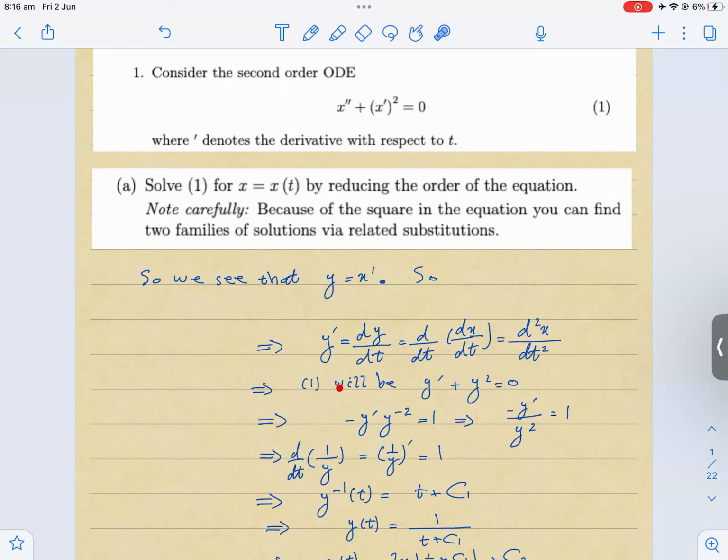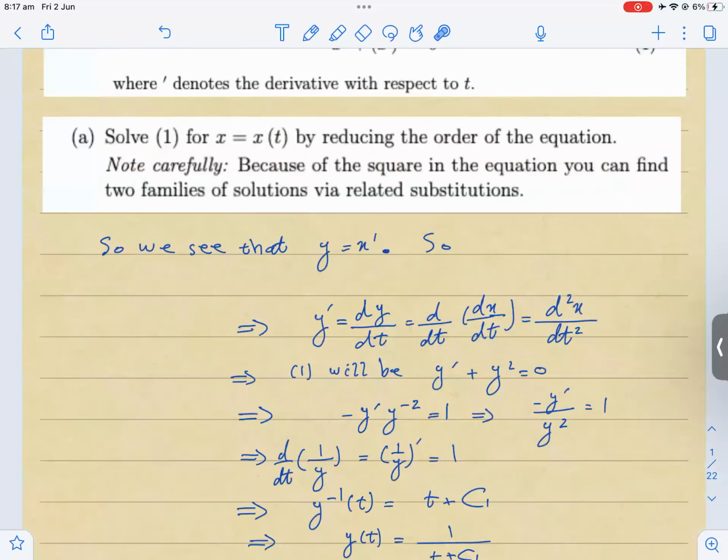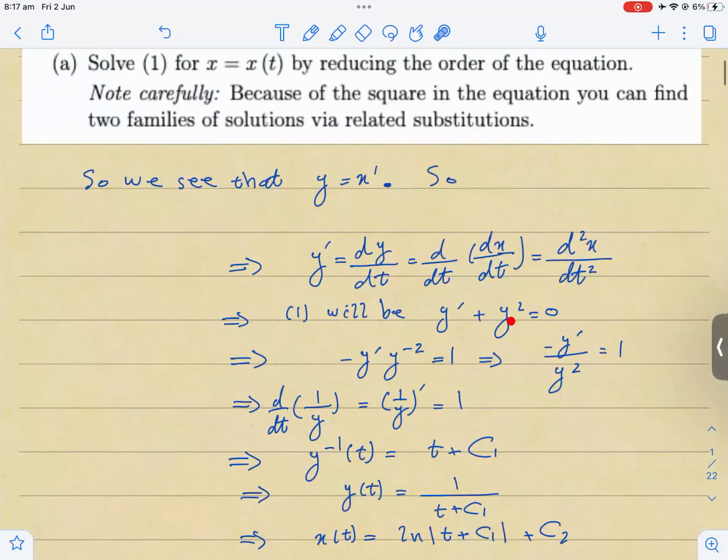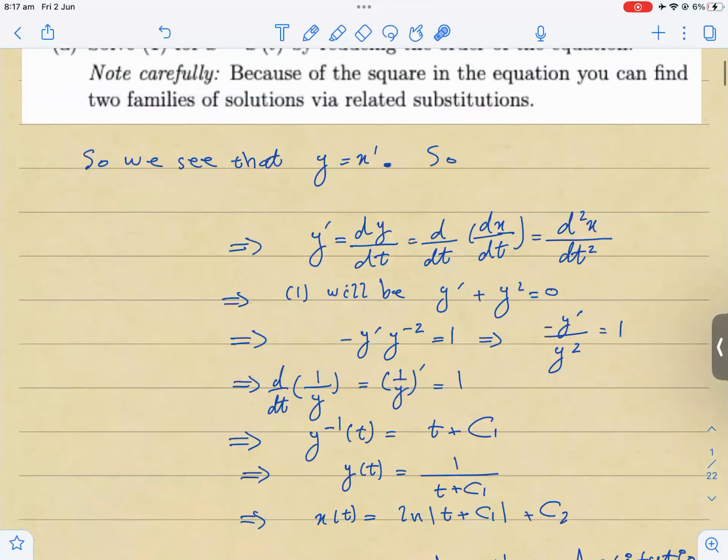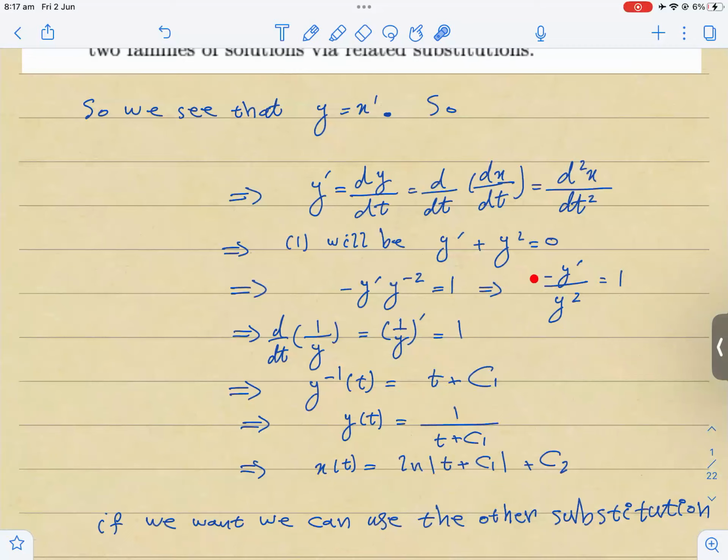This is the simpler one. So y prime, we are able to obtain this x dash as well, but actually I should have started from x double dash rather than starting with y prime. So this will be y prime plus y squared. So from here, you see that what I have written for you is just